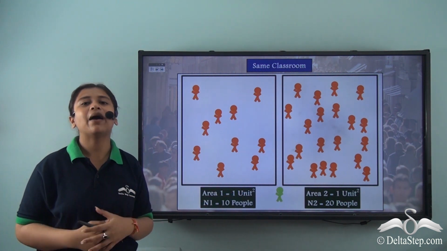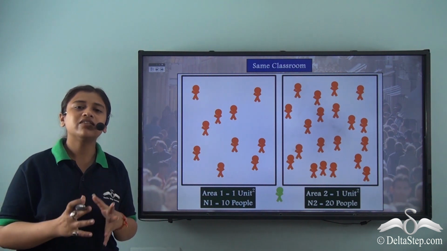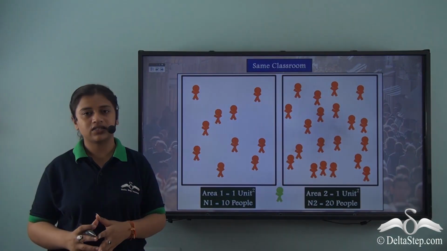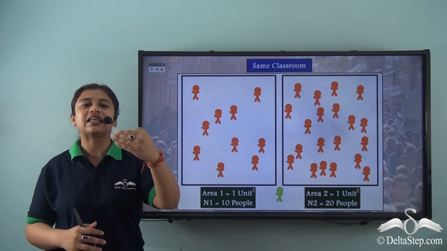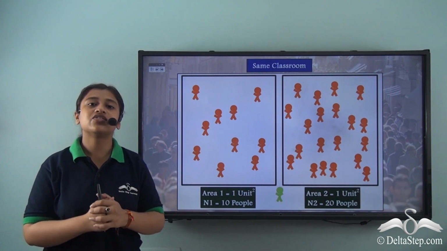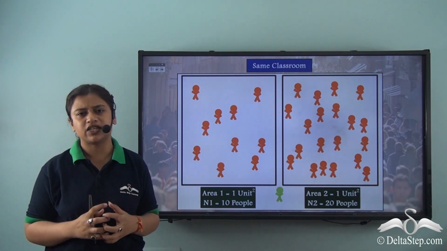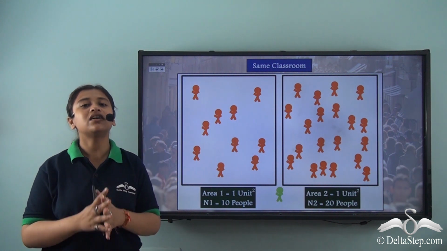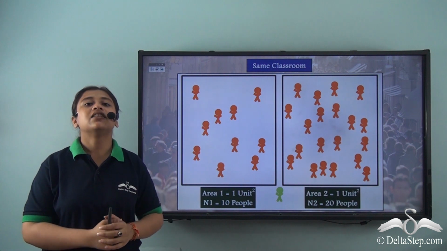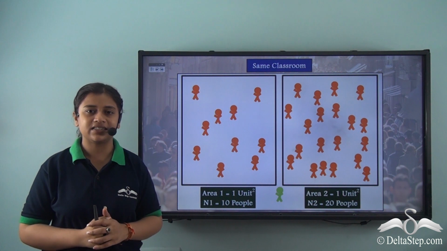So a similar thing happens in the case of any country or nation. The government makes sure that each citizen is provided with enough resources. But if suddenly the number of citizens increases, or due to migration the population increases, then the resources get limited. So the government faces a tough situation in providing everyone with the same amount of resources, right? So we can easily say that the resources limit as there is increase in the population density.